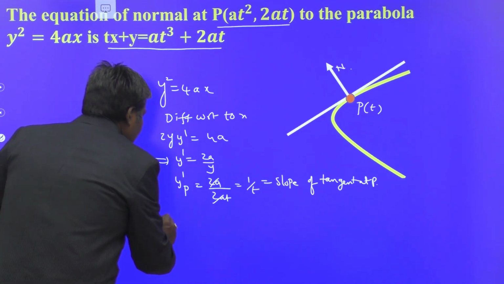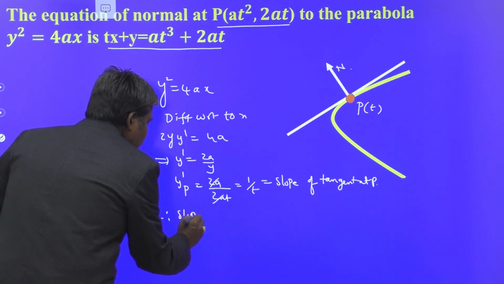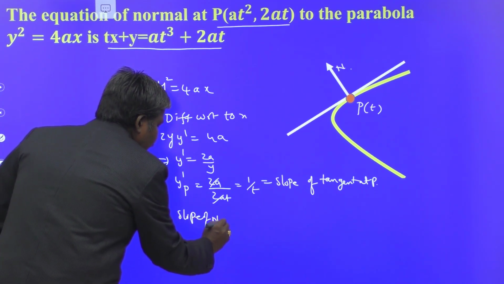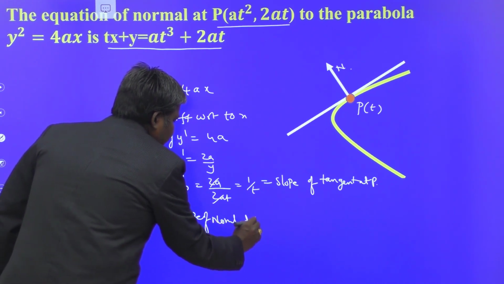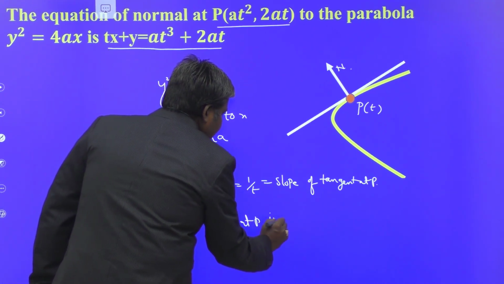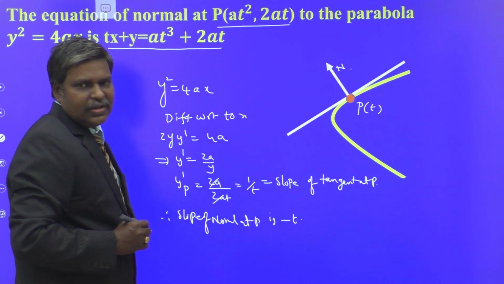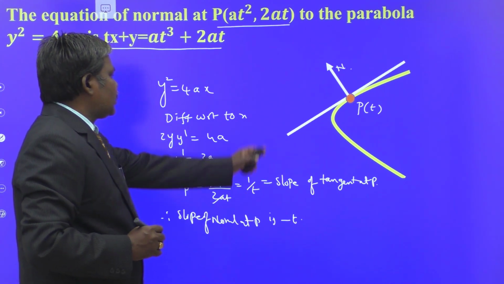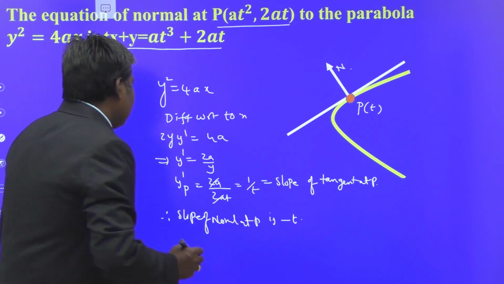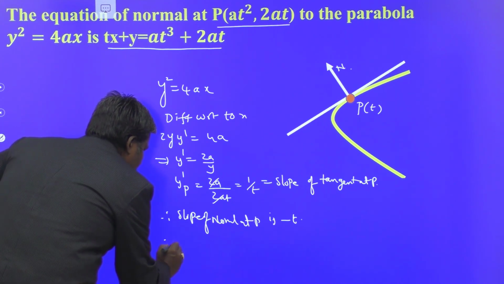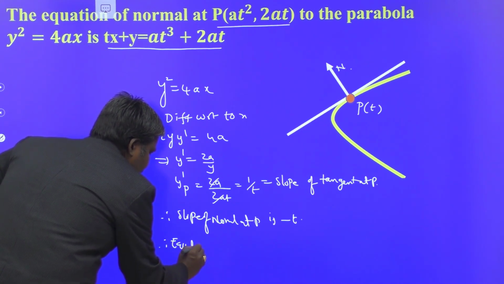Therefore, the slope of the normal at P is minus t. This is the slope of the normal at t. Once you know the slope and a point, you can write the equation. Therefore, the equation of the normal at P(t) is